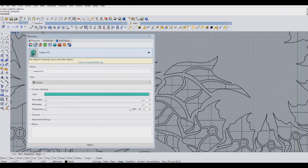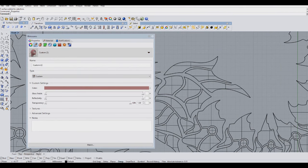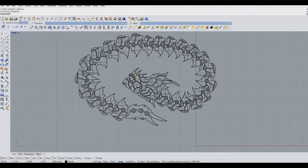And for the eye, we will go with a bit more of a muted sort of brown color to contrast with the bright color scheme on the rest of the body, and then